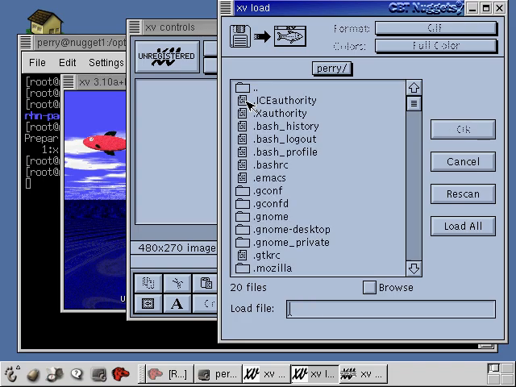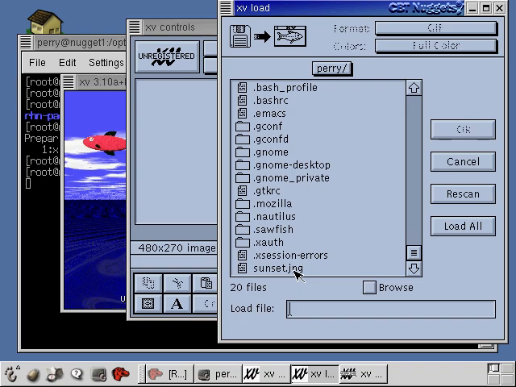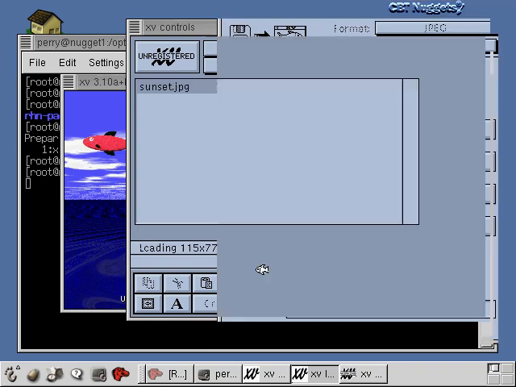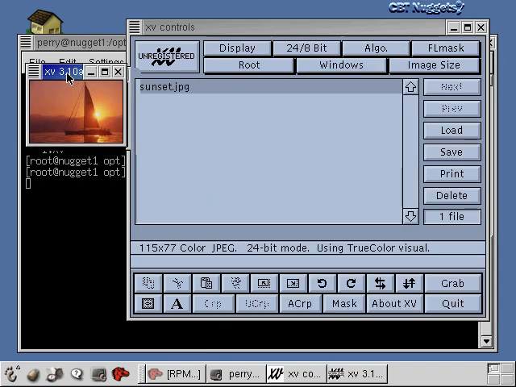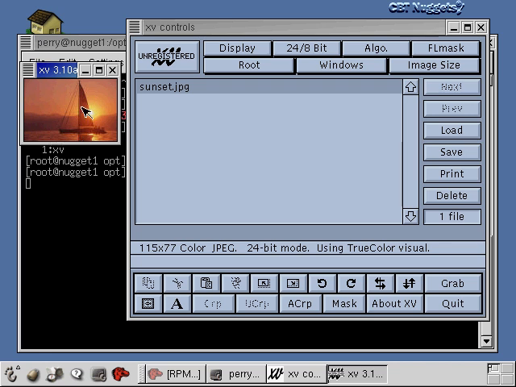I'll double click on Perry to go into my home directory. And now I'll page down here, and there's this file here called sunset.jpg. So I'll double click on that. And now you can see the sunset.jpg file is open here, and I can manipulate it with the various tools